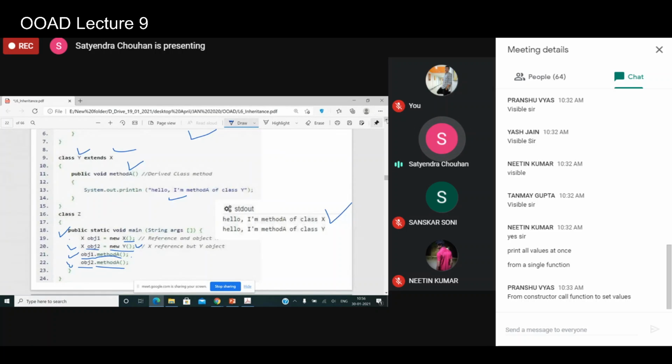So there is no compilation error. However, at runtime it is decided that method A of Y should be called, because the object that the reference is pointing to is of class Y. Because it is an object of class Y, it is decided at runtime which method to call. So that's why it is called runtime polymorphism.